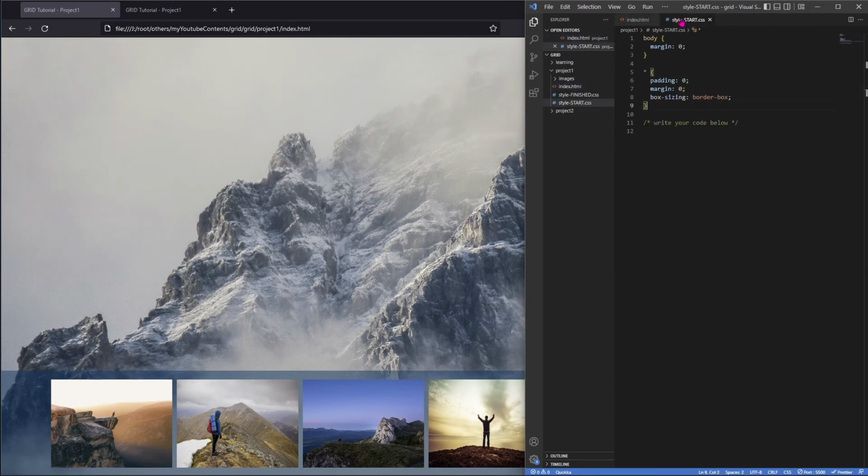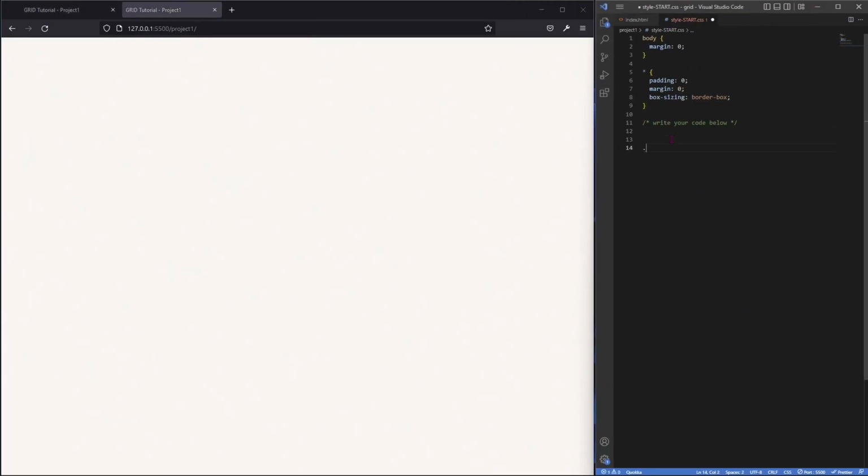So let's go to CSS. Let's target website, display grid, and I like to do something like this. This is the most simple thing that we can do. And when we save,